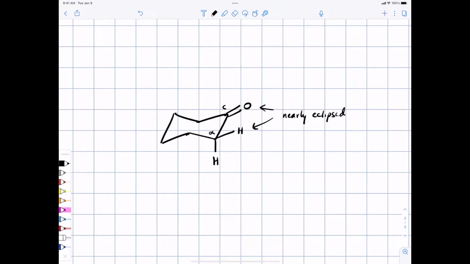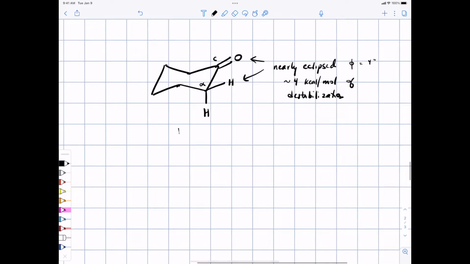The difference, the dihedral angle between them, is around 4 degrees. And that introduces, basically you can estimate, 4 kilocalories per mole of destabilization. Okay? In contrast, if you go to the hydrated species,